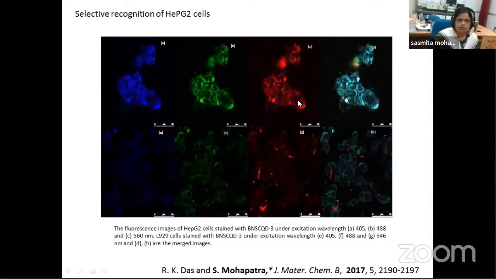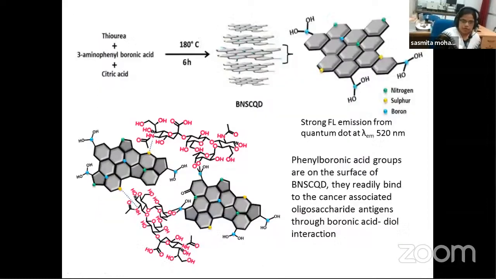That indicates that the quantum dot is selectively taken up by liver cancer cells, and the brightness increases. There is another theory behind it. Here I am showing it. When the quantum dot comes in contact with the receptor, this receptor molecule Sialyl Lewis A, there is molecular recognition because of hydrogen bonding. That interaction of the quantum dot with Sialyl Lewis A brings these quantum dots together, and their aggregation is induced.